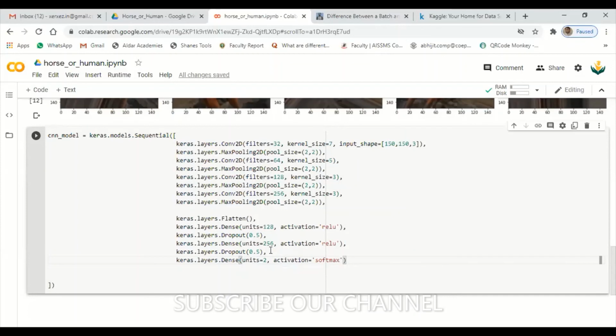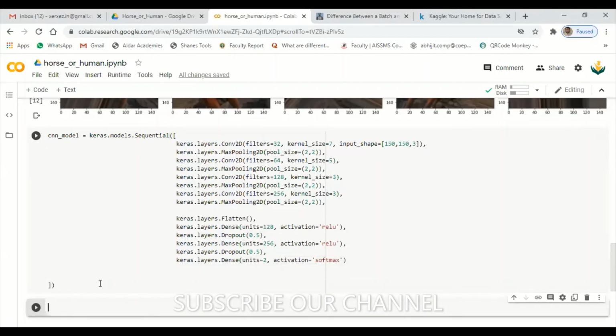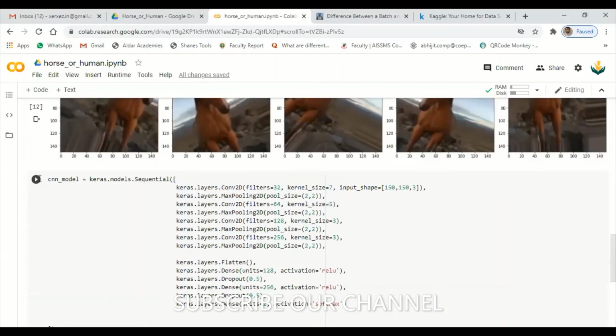So this is it. This is the model now. Let me check whether this model will work or not. Just hit Shift and Enter. There is some problem, I guess. Hold on. It started working.